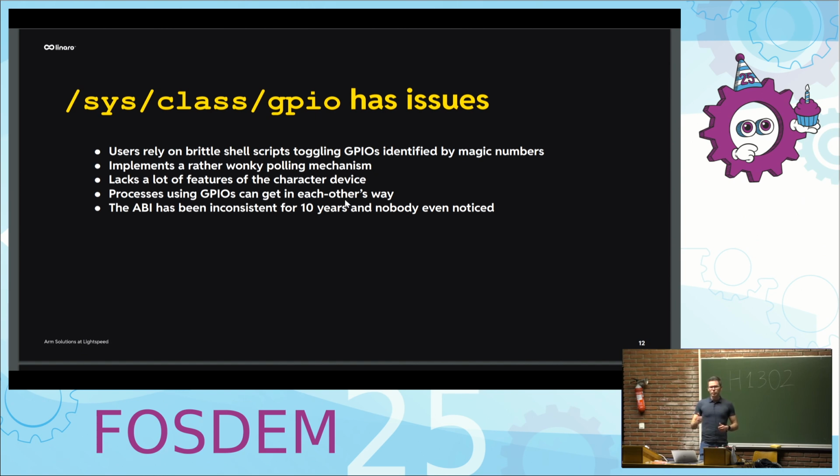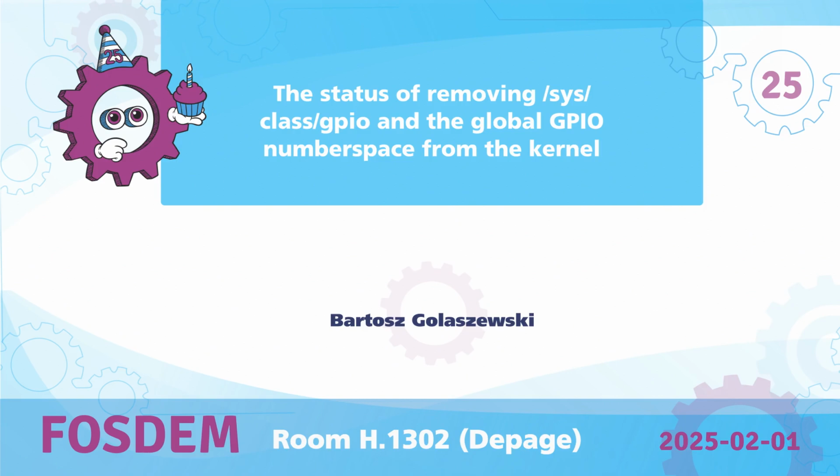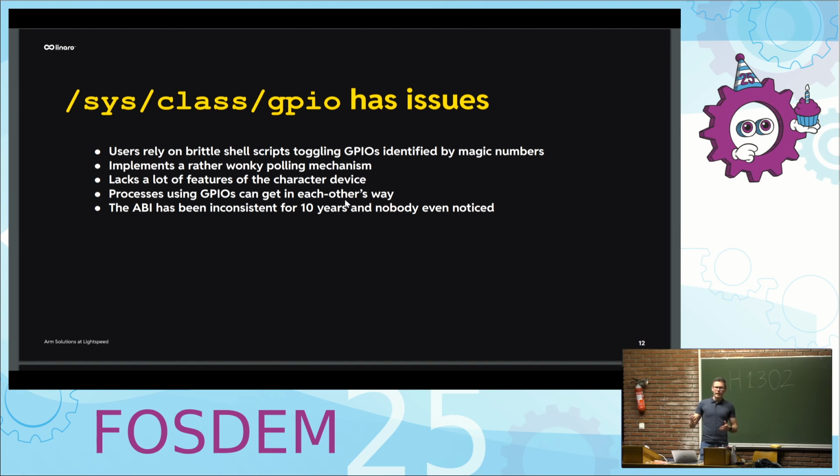It's quite feature poor compared to the character device, about which I will talk in a second. It doesn't implement many things. And the polling for interrupts is quite unreliable because it's not a buffer. You just get a notification about an event and then you have to read it very fast. But if you get enough events in a given time span, you will not be able to read all of them, so you can lose them.